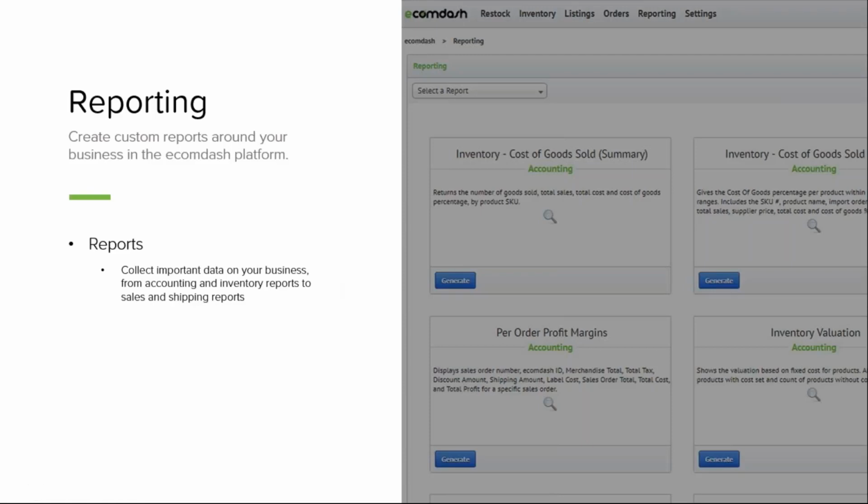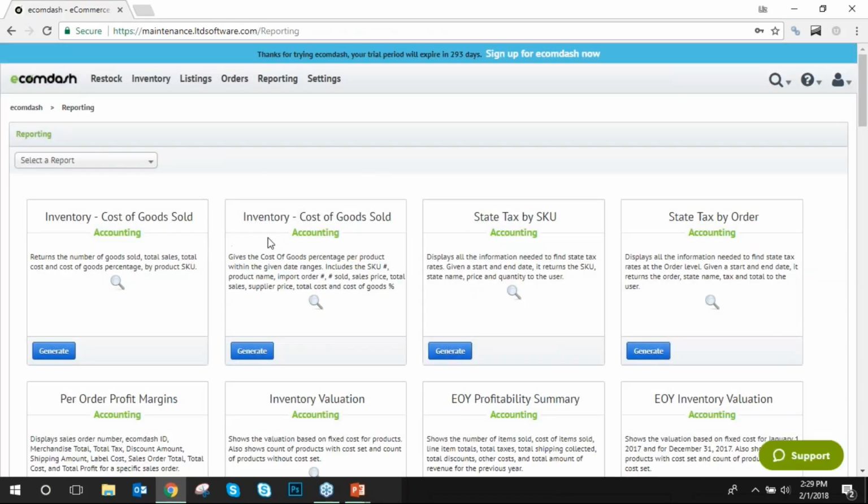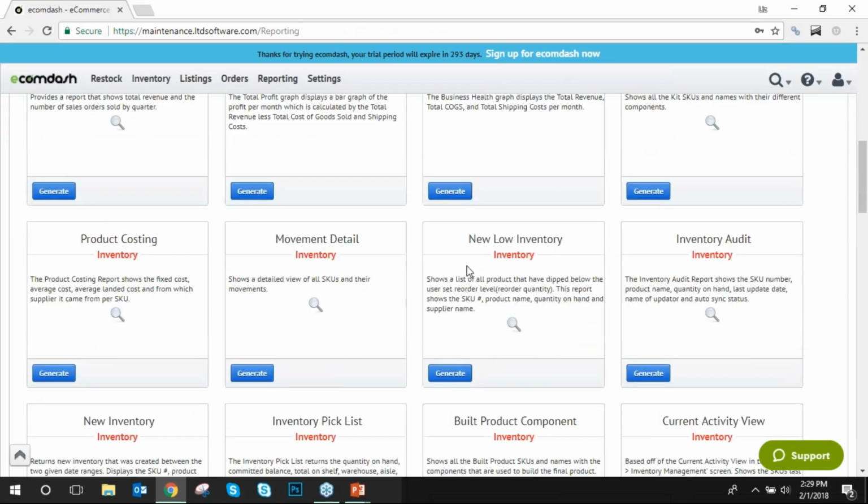Next, let's take a look at the reporting module. This is pretty straightforward. It's going to be all of the reports you can run out of your Ecomdash account. So there's quite a few options here. Like I said earlier, we do have 47 reports within this module. It can be anything from your accounting reports to inventory reports,